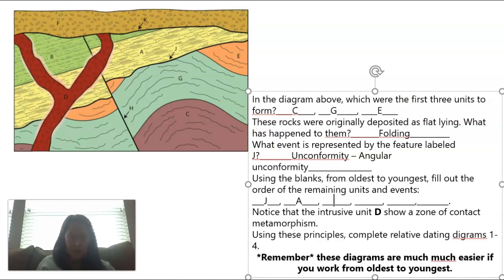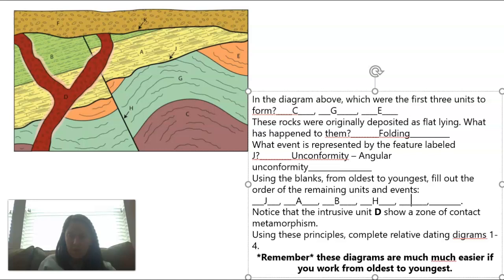then after A we have B. After B, would we have H or would we have D? So hopefully you're thinking we would have H. So H is cutting through A and through B, not through K, so H is younger than K, and it is not cutting through D. D is in fact cutting through H. So using the principle of cross-cutting relations, we know that D must be younger than H. So after B we have H,